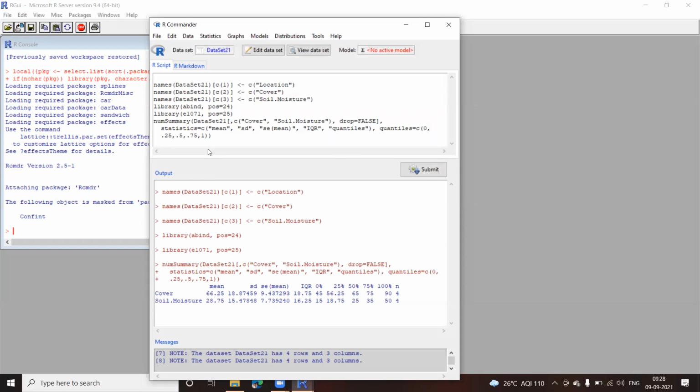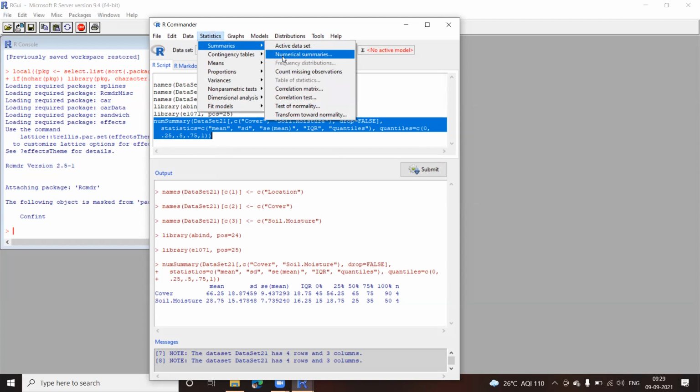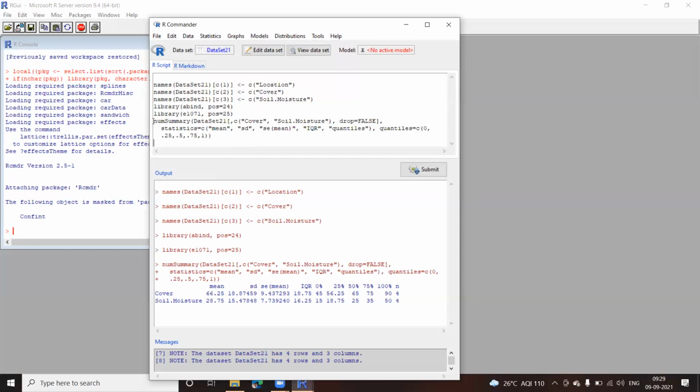As soon as I do this, you can see this code has been created for you. If you want to use the function directly without going to that statistics menu option, you can also type this out. But typing this code is more cryptic than going to the menu option, going to Summary and Numerical Summary, and simply selecting and completing it. That is much easier. So you can see this whole code has been executed for you, and this is my outcome.